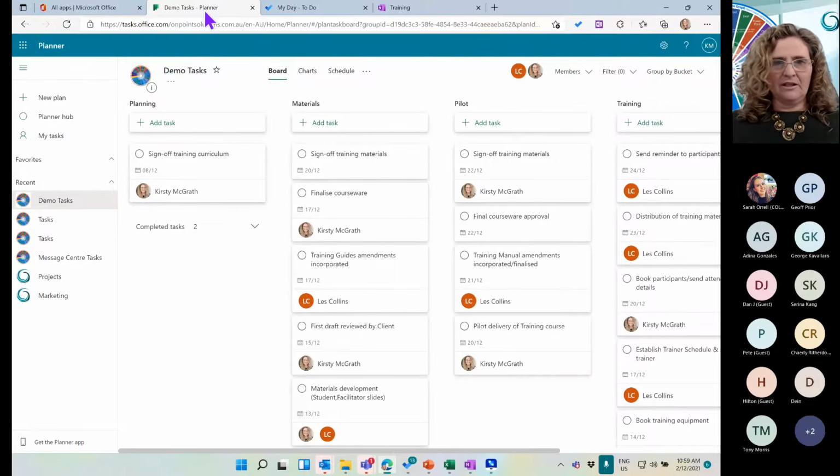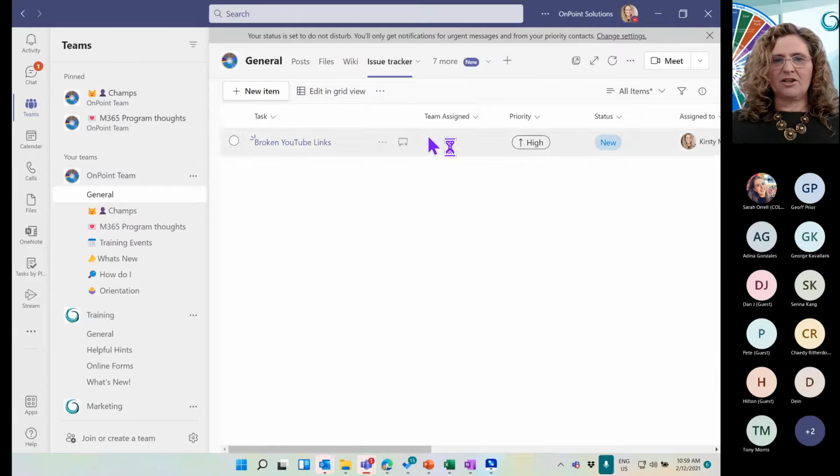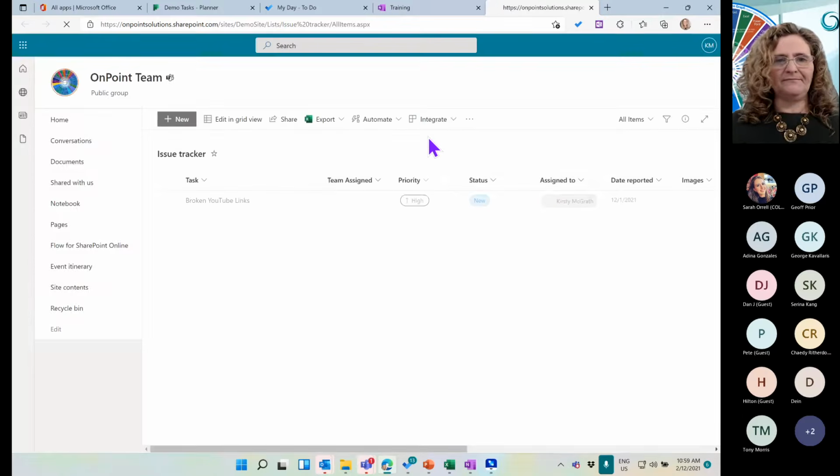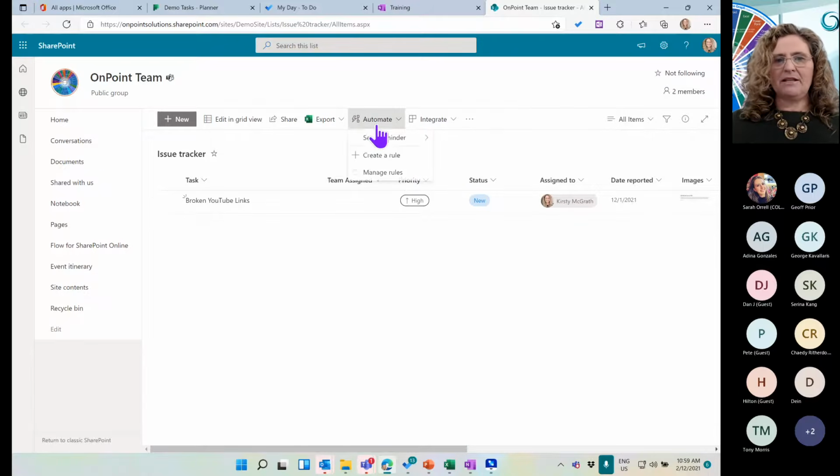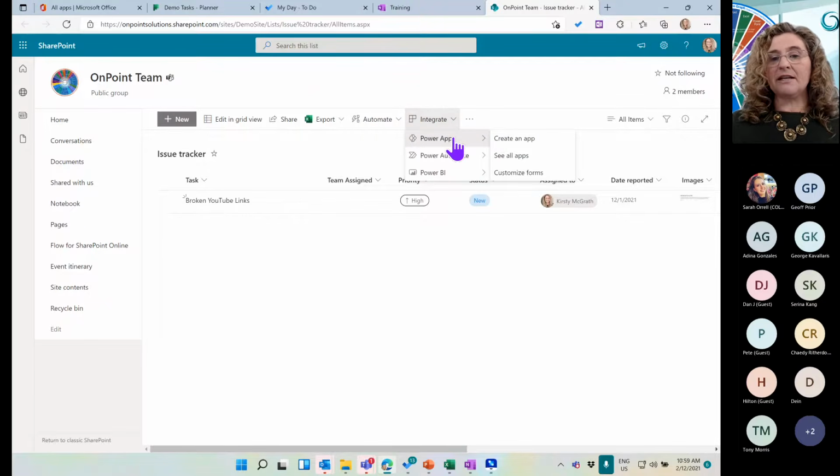Okay. Actually, let's go open it from here. Open it in SharePoint. So when I go up online, you'll see the difference is because I am in SharePoint, it does have those complexities. Automate, okay? Creating rules, managing rules, fully integrated into Power Apps, Power Automate, Power BI, so you can visualize the